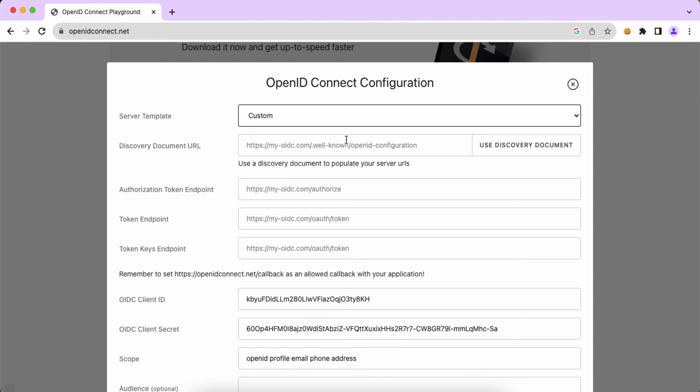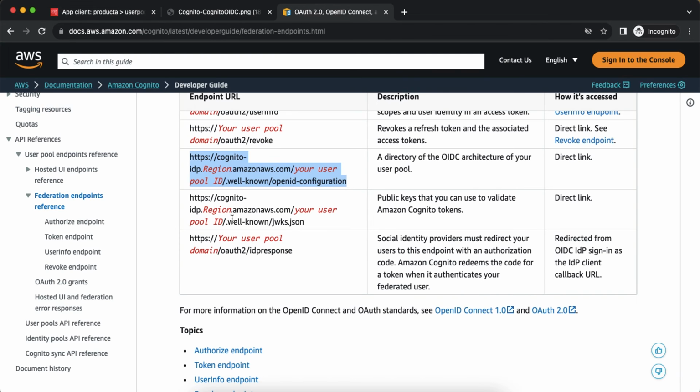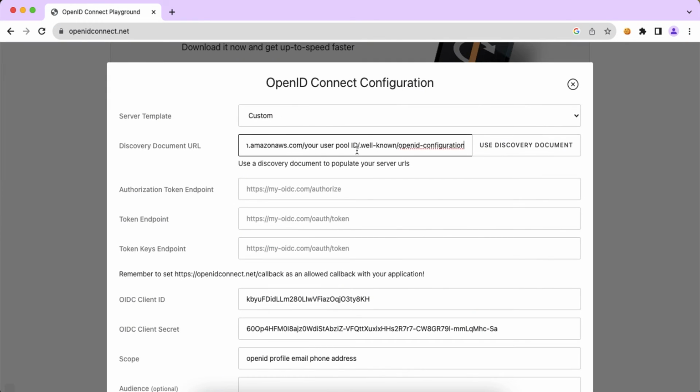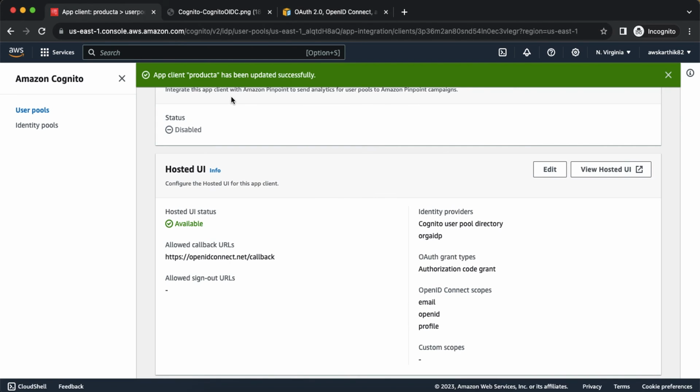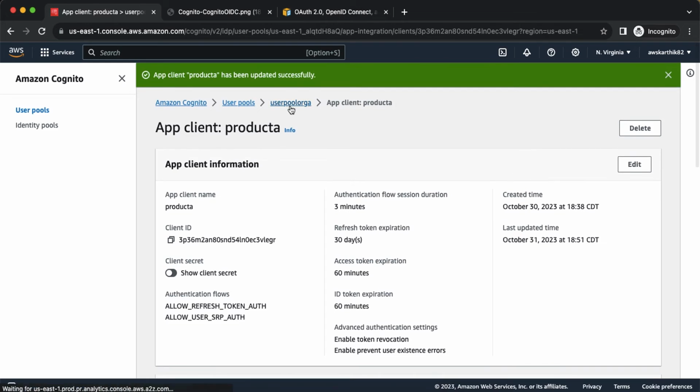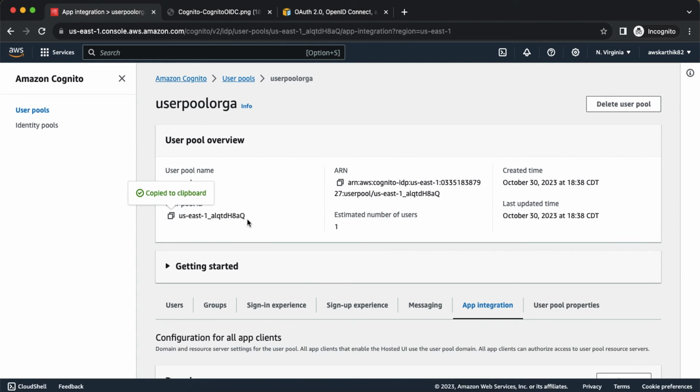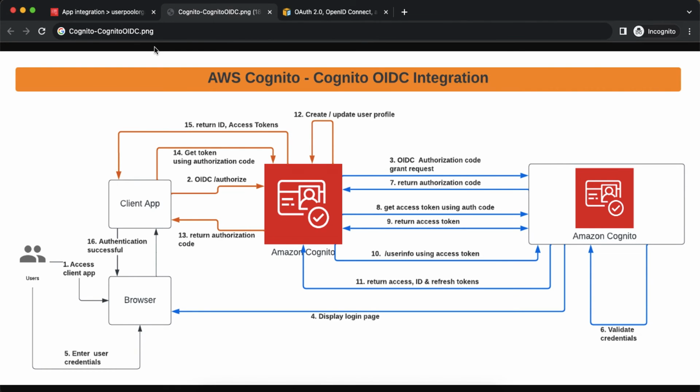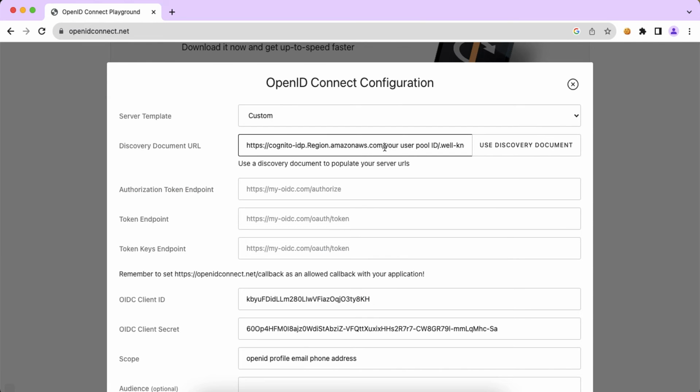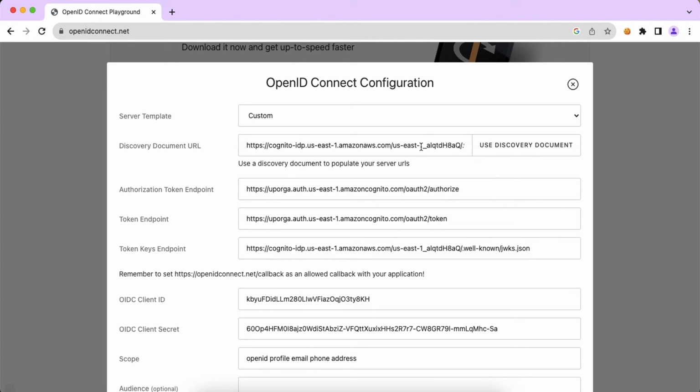So select custom option, and it will ask for the OpenID configuration URL. So go here, copy this, paste it here, and we need to replace the user pool ID and the region. So go to your user pool again, copy the user pool ID. So this is the first user pool in this diagram, which is your organization's user pool. So copy and replace this user pool ID and change the region to US East 1